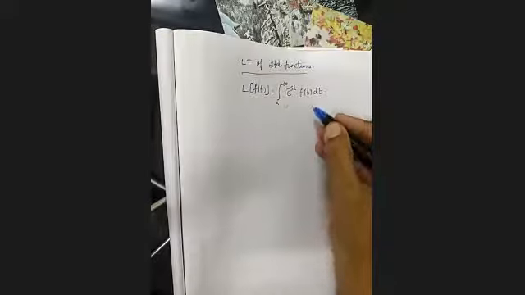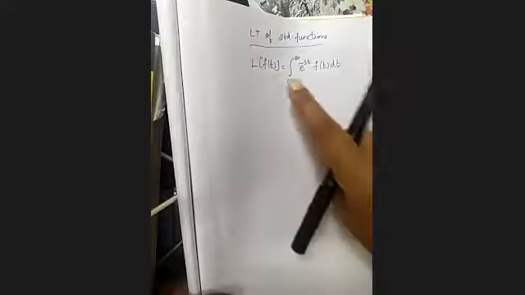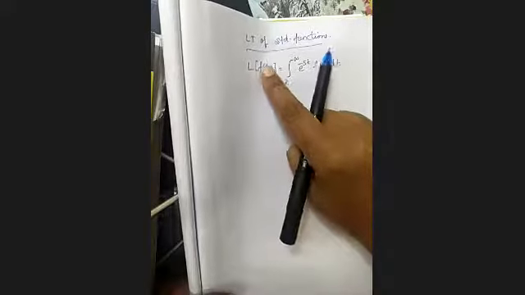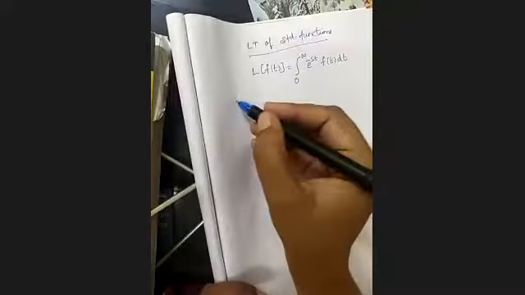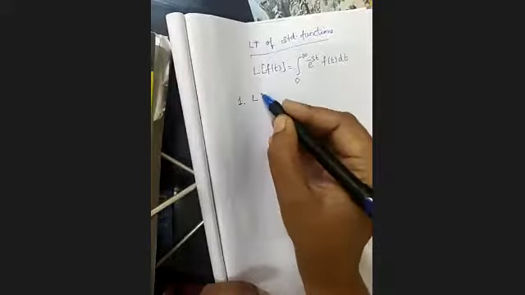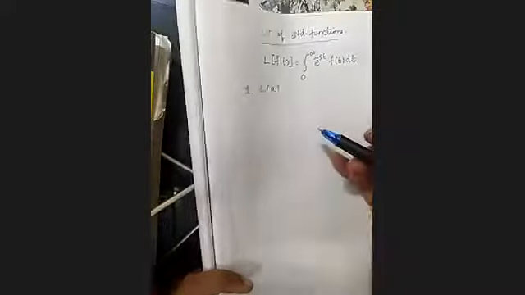Okay, see, this part should be clear. Otherwise, what I'll derive, you may not understand. This is important: what f of t you take here in the square bracket, you need to take it over here. Got it? Okay, so on that basis, we are going to see the standard functions. Let me start with a very simple one. The first one is the Laplace transform of any constant. A is any constant. Let us see this.